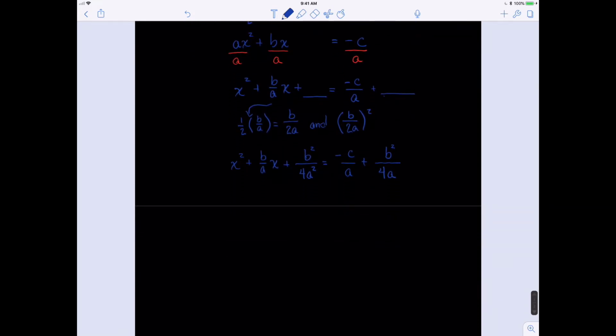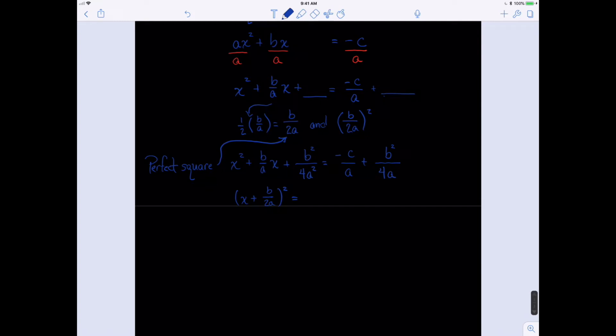Now on the left-hand side, this is a perfect square. I'm getting ahead of myself, I'm sorry, I was excited here. We can write it as x plus b over 2a squared equals